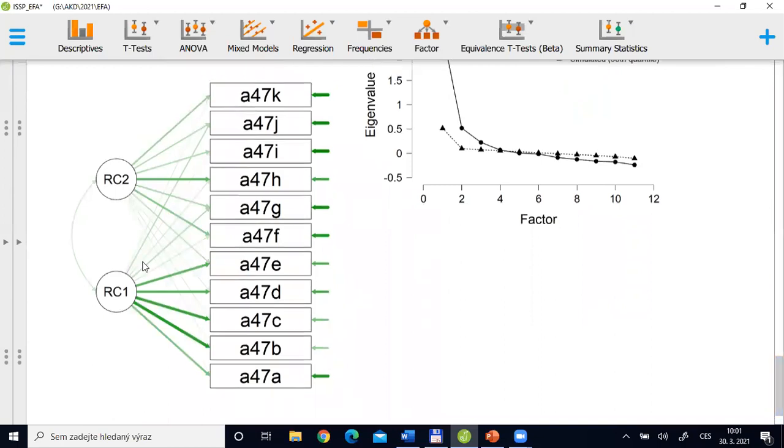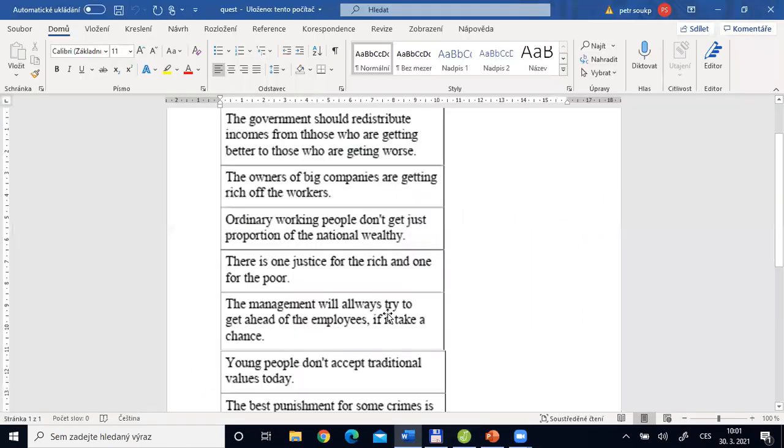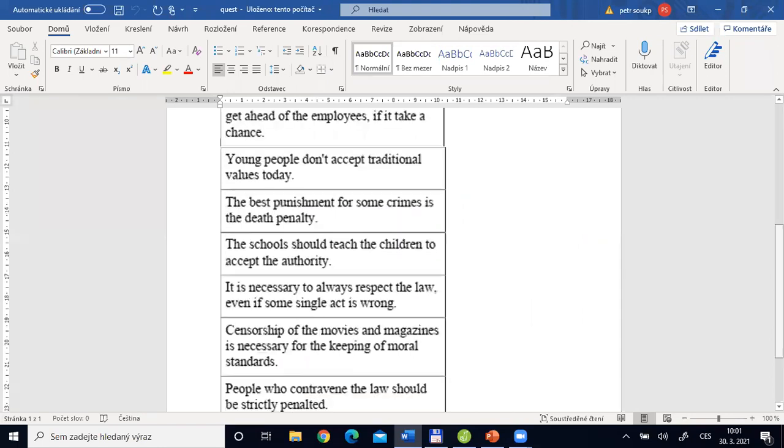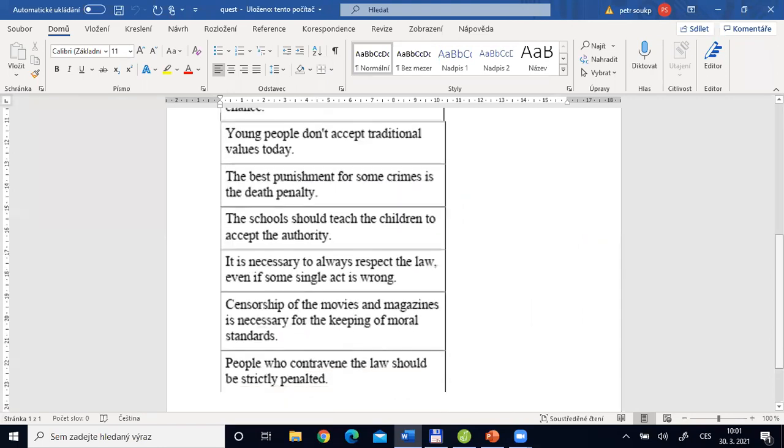So currently I can see that the first component is closely related to the first 5 items. Once again, if I read these items out, I can recognize that it seems that this is a left-right scale. I can read out also the rest of the items, and we can try to imagine what could be behind these